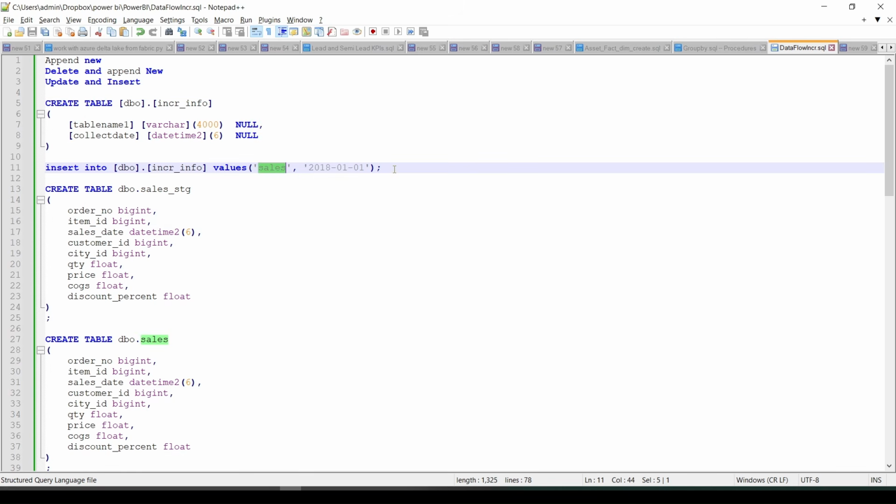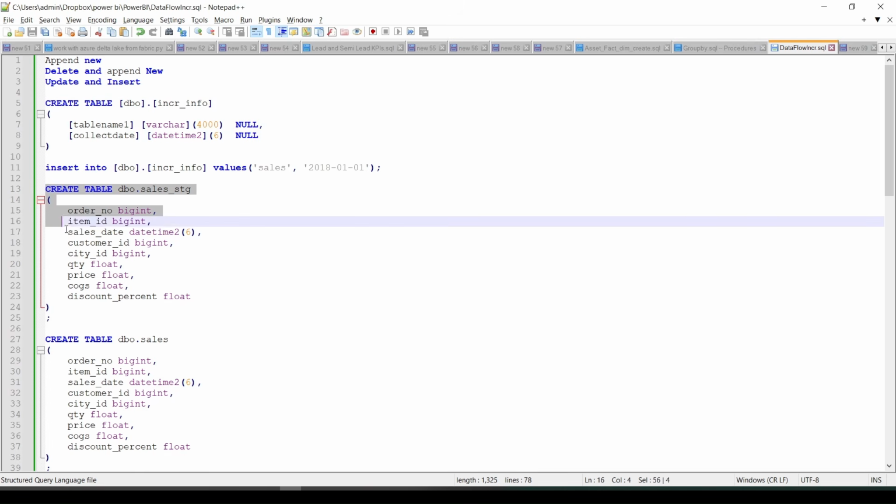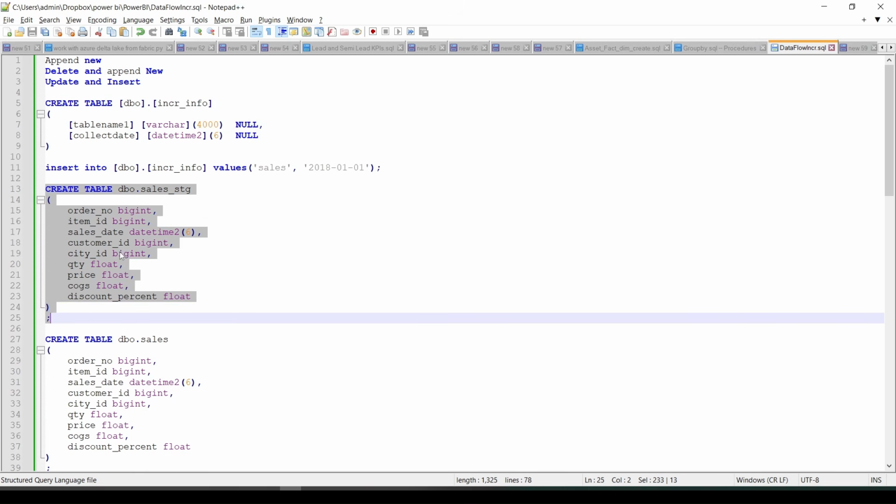And there I'm going to insert the first date, which is 2018. And I'm going to ensure that the data flow loads data after this date, strictly after this date. Okay. And then what I'm going to do here is create a fact table and a